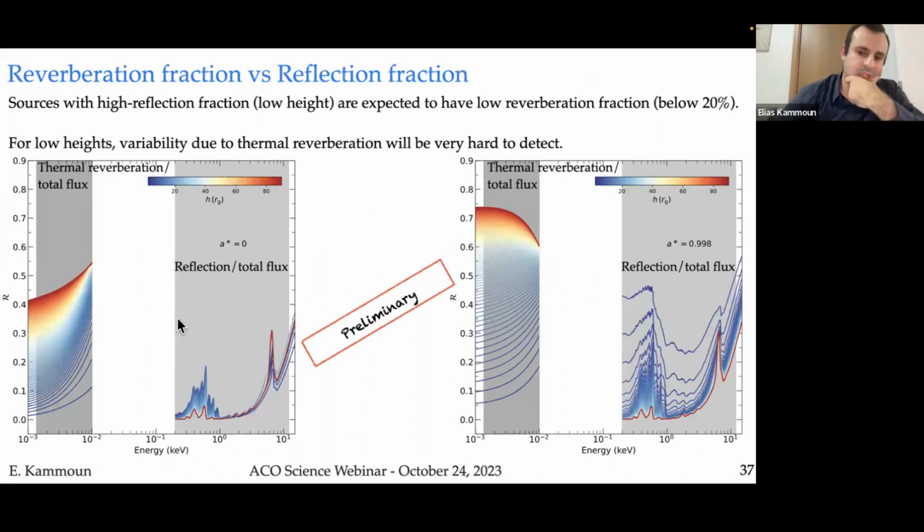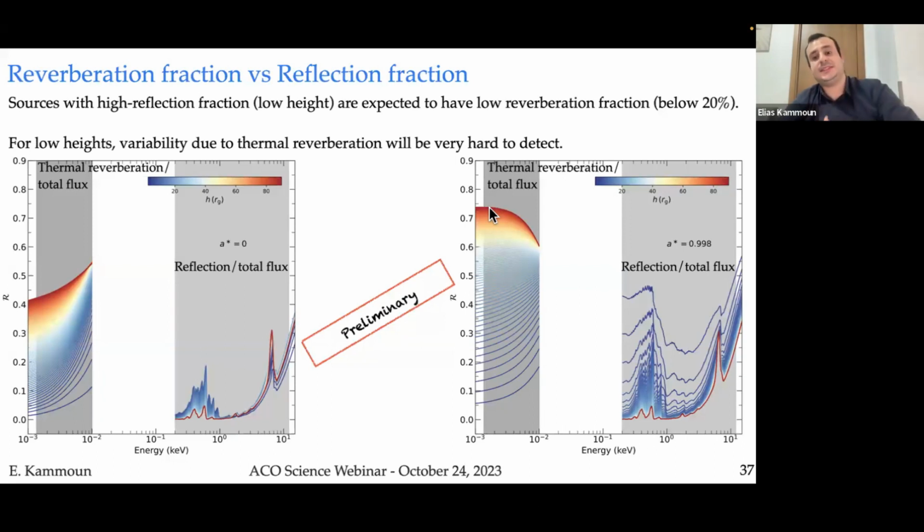What we try to do here, and this is very preliminary, is just to vary the height of the source and see how the thermal reverberation fraction, so practically the amount of thermal reverberation over the total flux in the UV optical, goes with height, and how the reflection fraction, so the reflection flux over the total flux, changes with height. And what we see is very important, because as the height increases, going from blue to red, the thermal reverberation fraction increases for spin 0 and a maximally spinning black hole, reaching almost 75% for large height,